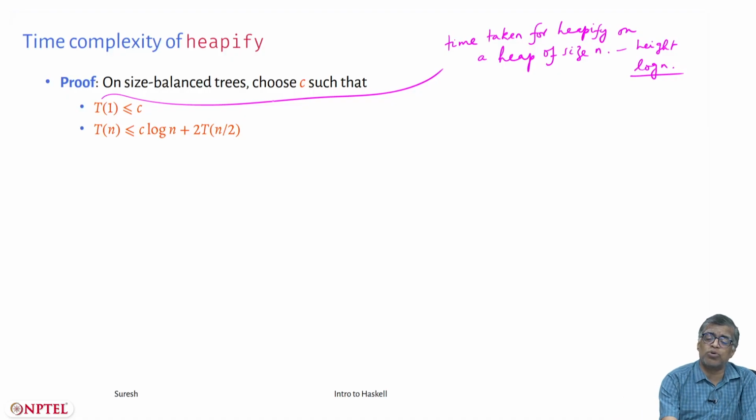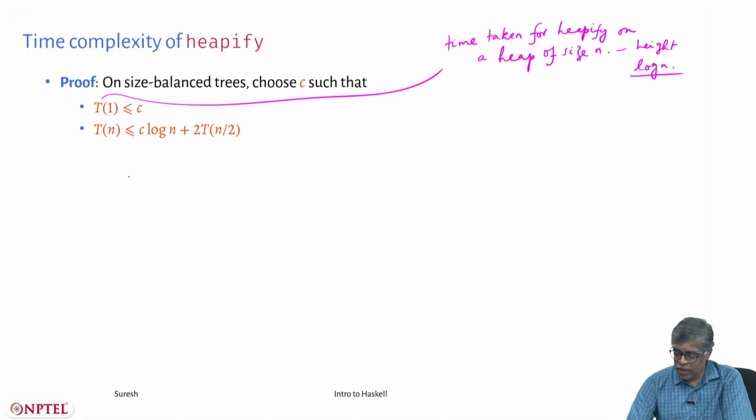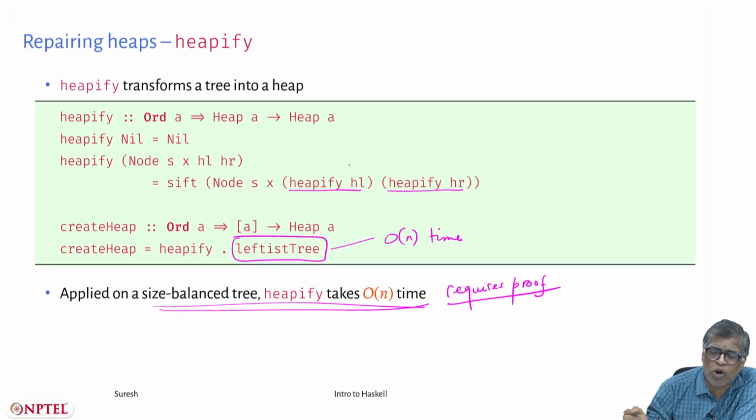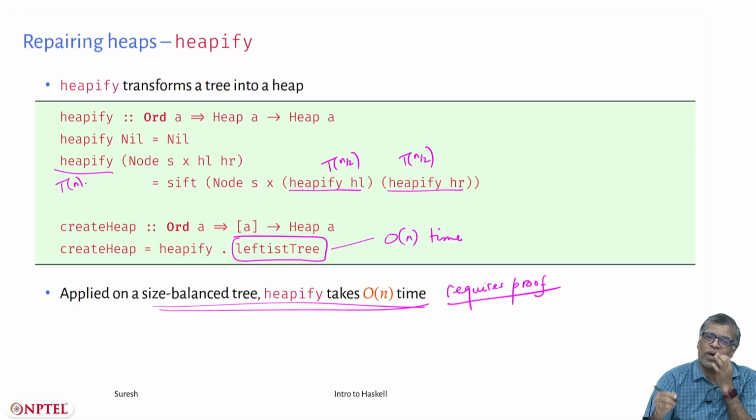Right. So you choose c such that T(n) is less than or equal to c log n plus 2T(n/2). Why is that? Let's go back here. For heapify you make two calls, one to heapify HL and one to heapify HR. Because it's a size balanced tree, if you take the time for this to be T(n), the time for each of these is T(n/2),